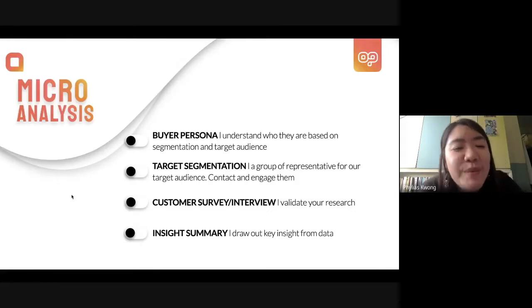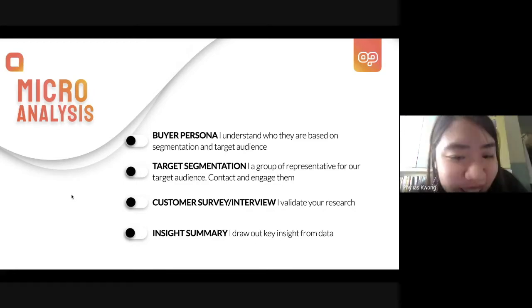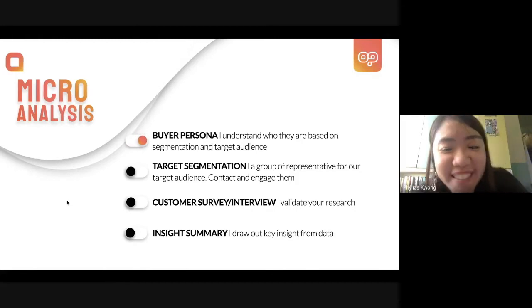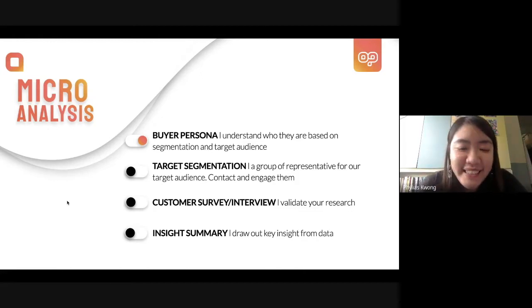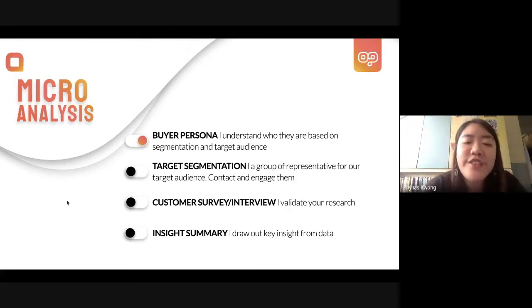Okay, now we will look into micro analysis. Let's do the same task again. Anyone can tell me buyer persona? That's easy, I think. Anyone? To describe our target customer, yes, true, like the profile. Amazing. Exactly. So this is how we visualize our customer, in terms of segment and target audience. It helps us know, in order to reach these people that we visualize in front of us, what strategy we're going to use.